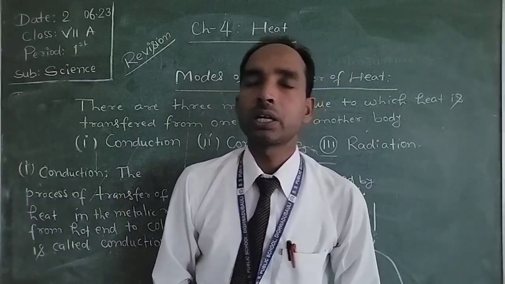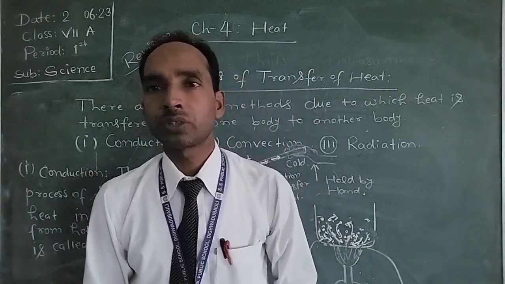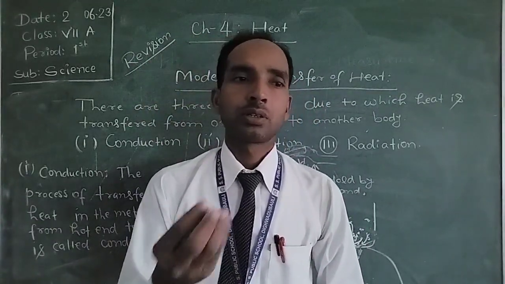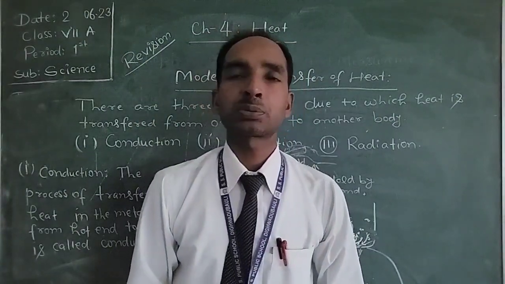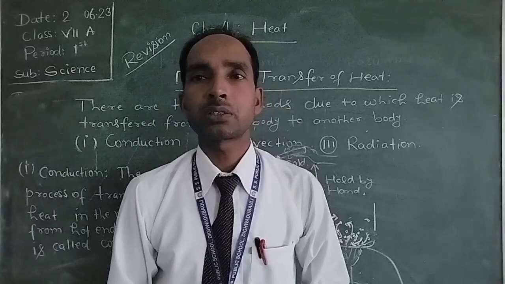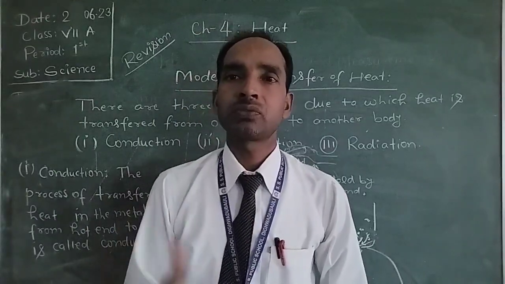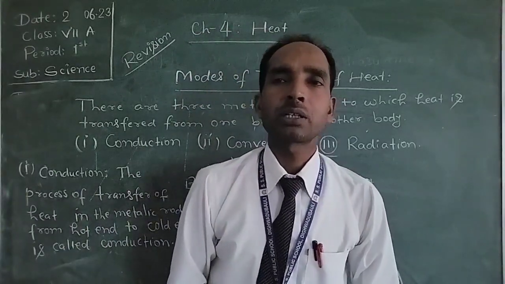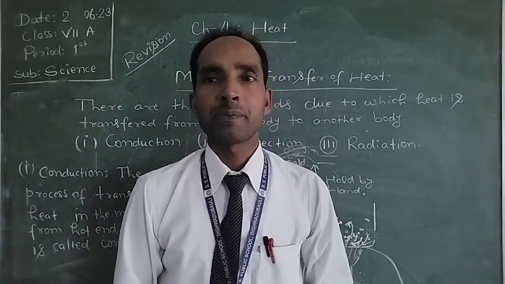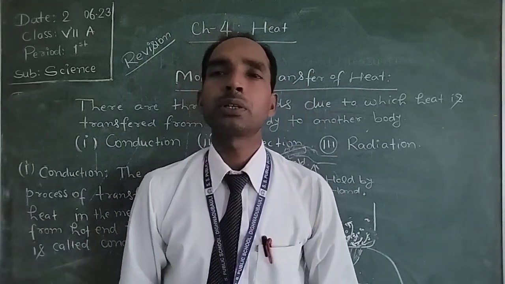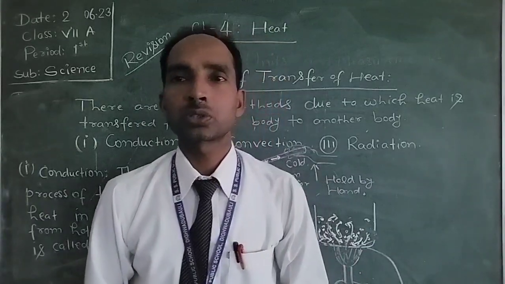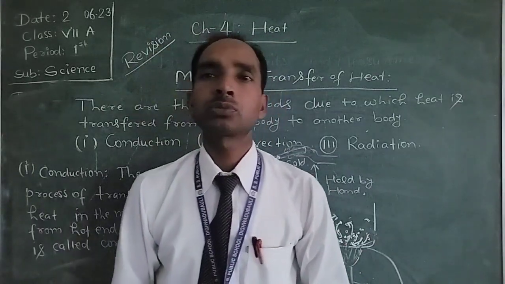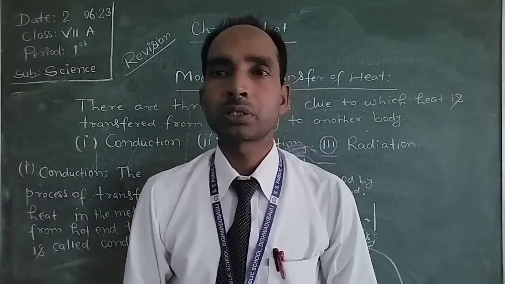We conclude that when any source of heat falls on another surface, the surface receives some part of the heat, some part is reflected, while some part may pass through. So whenever any object receives heat from the source of heat, it becomes hot, or its temperature